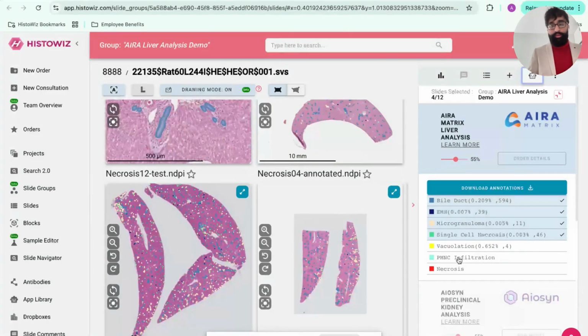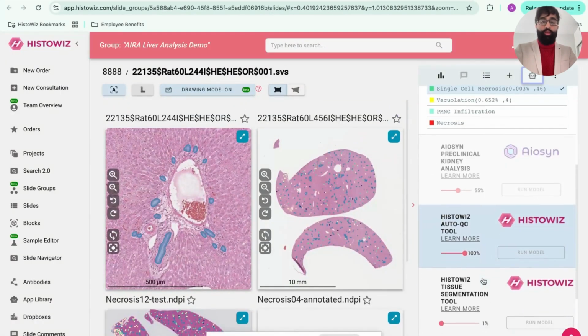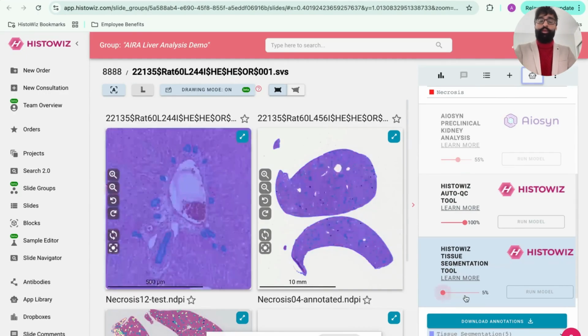And another very interesting takeaway is that through AI orchestration, you can cross play across multiple apps simultaneously. Now, what do I mean by that? Say you're interested in, for example, HistoWiz tissue segmentation tool, and you're interested in AIRA Matrix liver analysis.